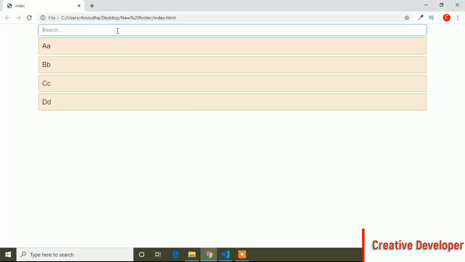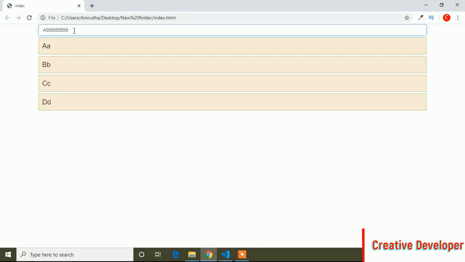I have taken the id of this search box, the name is myInput, and I have taken this myInput inside this input variable. When I search by uppercase value like this, you can see this is the uppercase value, but here the first letter is uppercase and the second is lowercase.